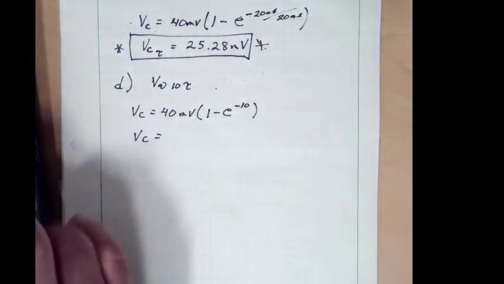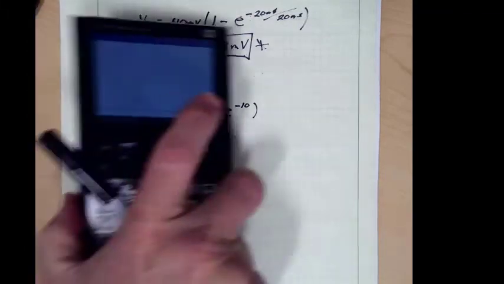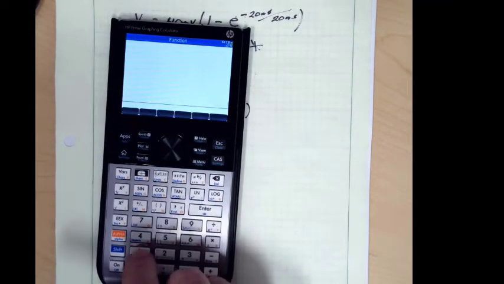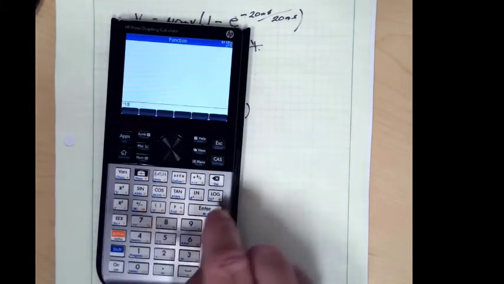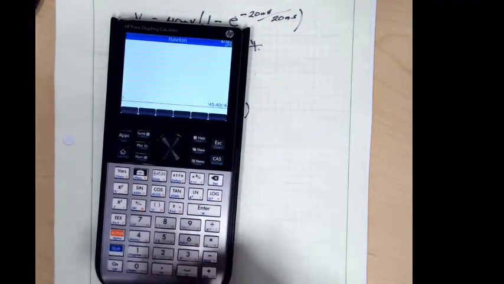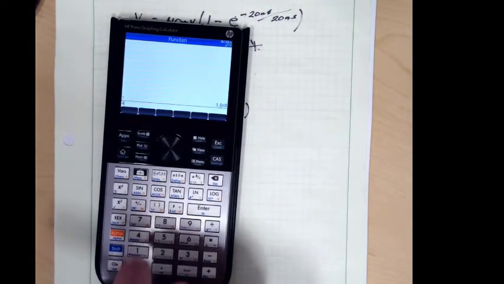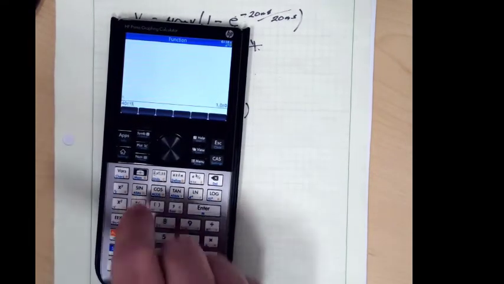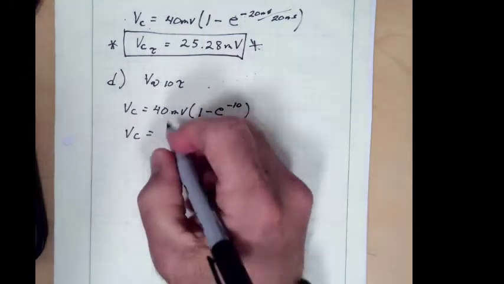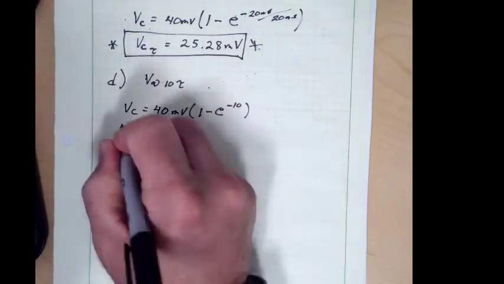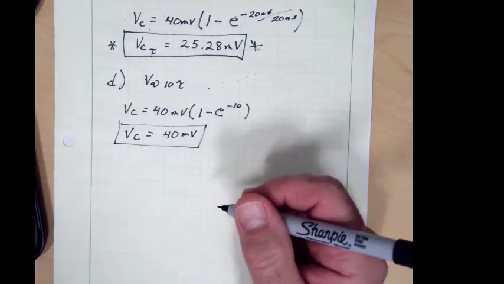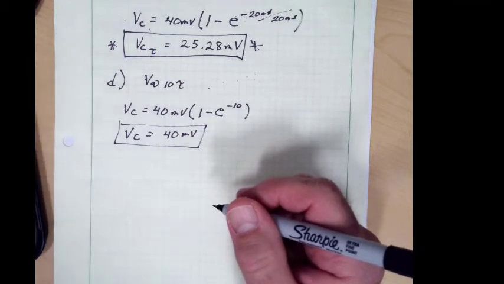So V sub C at 10 time constants is, again, our time constant term, e raised to that power, subtract it from 1, multiply times 40 millivolts, and we get an answer of 40 millivolts, which seems reasonable. 10 time constants is double the time of 5 time constants, which we say at 5 time constants we're at